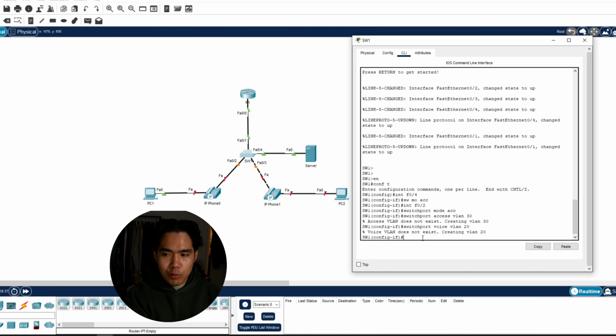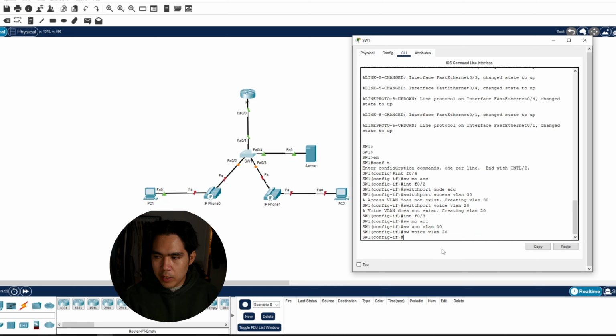That's it. You do not need to create the VLANs. Once you put these commands, it will create the VLANs for you. On FastEthernet 0/3, I'm just going to copy and paste the commands from my text file here. So it will be interface Fa0/3, switchport mode access, switchport access vlan 30, and then switchport voice vlan 20. If you do a show vlan brief here,